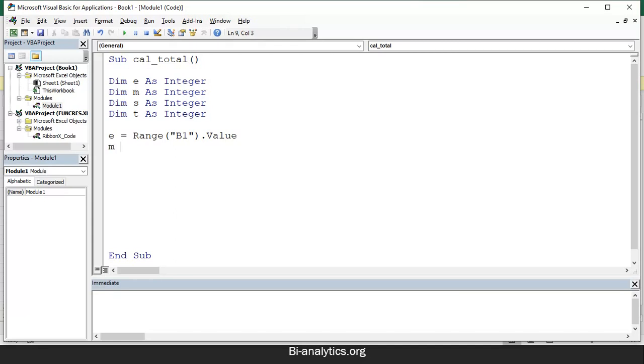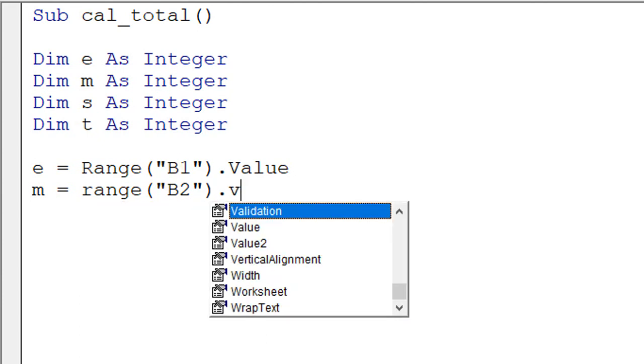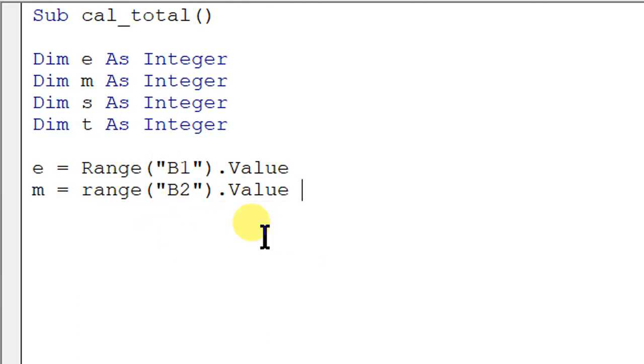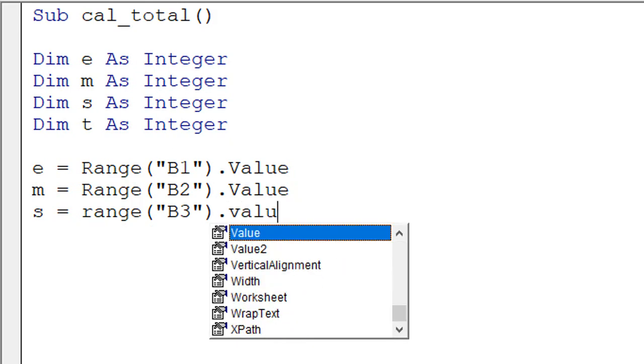Now when I run this program, the value of B1 will be stored in E. Same way I use M = Range("B2").Value. Now there's another variable, S = Range("B3").Value.